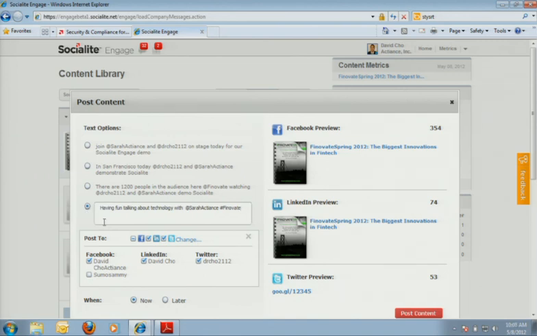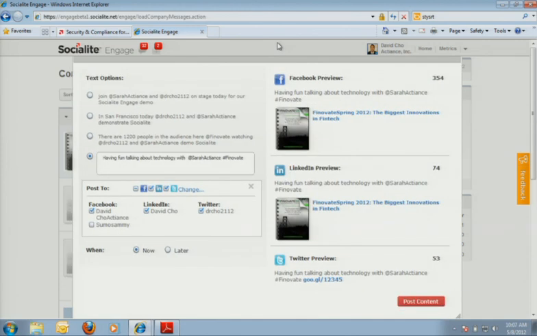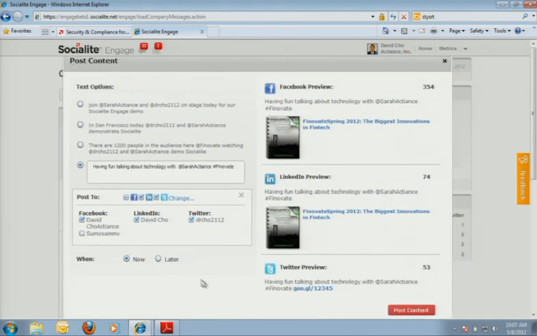David can get a preview of what that content looks like when he selects the individual networks, and he can also put it into his own words. He can use authentic voice. This is a key reason why organizations such as Raymond James selected Actiance to share on social networks.